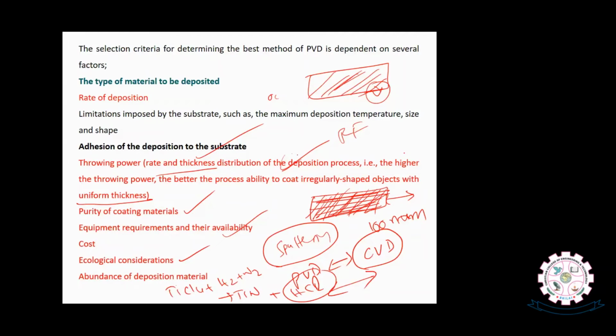So sometimes when you do industrial coatings, they will look at whether any harmful gases are coming and how you deal with them. You have to be careful. And abundance of the deposition material is also important. Otherwise, just buying the material itself, you will invest a lot of money. So these are some of the important things that you need to keep in mind